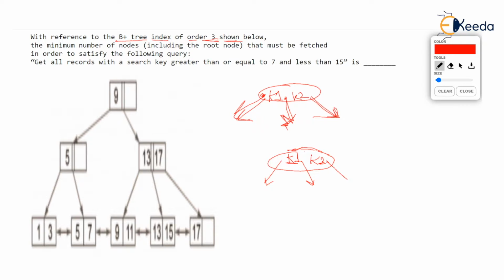Okay, come again. The order of the tree given is 3. Order is 3 means there can be 3 children. 3 pointers are there. So there can be 2 keys in each node, maximum 2 keys. Then minimum 1 key has to be there because the node has to be at least half filled. You cannot underutilize the node. You know all these rules. Okay, let's continue. What's given further? Order is 3.